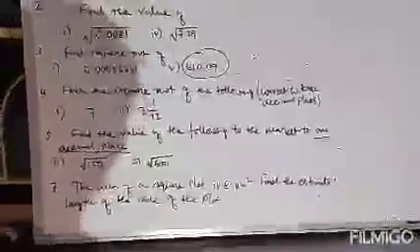So question number 4 complete. Next, question number 5. Question number 5 says find the value of the following to the nearest 1 decimal place. 1 decimal place means we will take 2 digits after the decimal, because I have already told you that only 1 extra digit will be taken. If the question says 1 decimal place, we will take 1 extra digit, that is, we will take 2 decimals. 1 extra digit always should be taken.